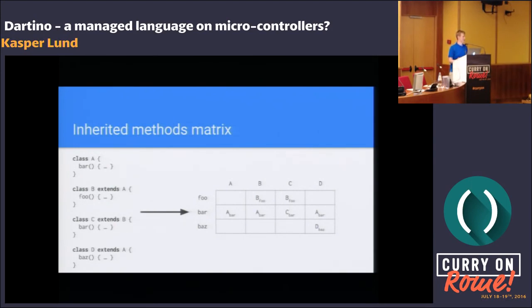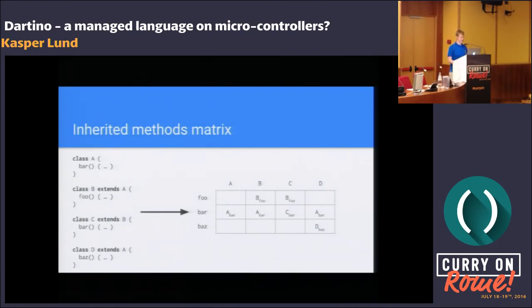That seems like an attractive approach, right? Except for the fact that this table will be huge. It's going to be really, really big. The number of method names and the number of classes in any reasonable system is going to be too much for you. But other than that, it feels like a kind of a nice approach to it. So why don't we just run with this model